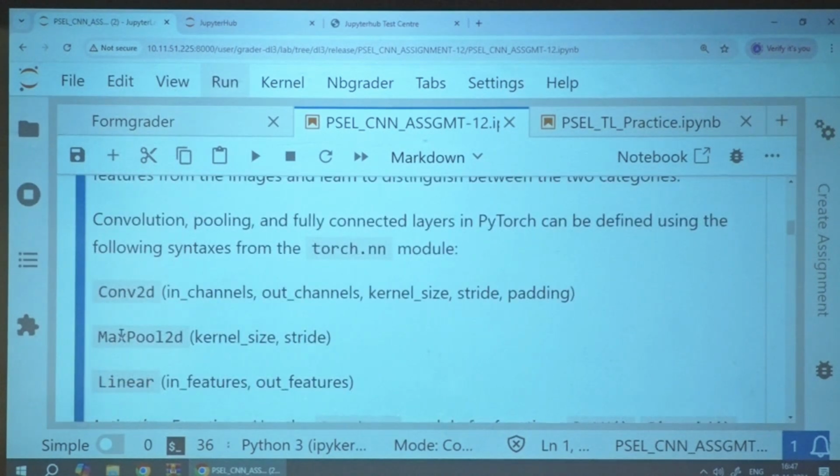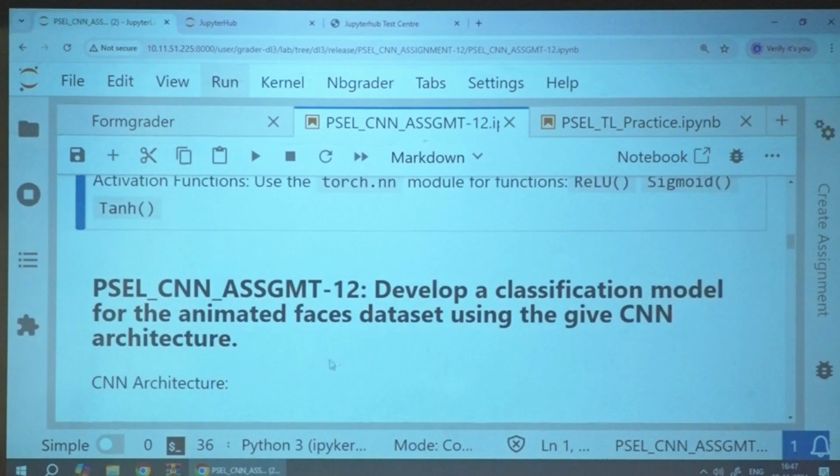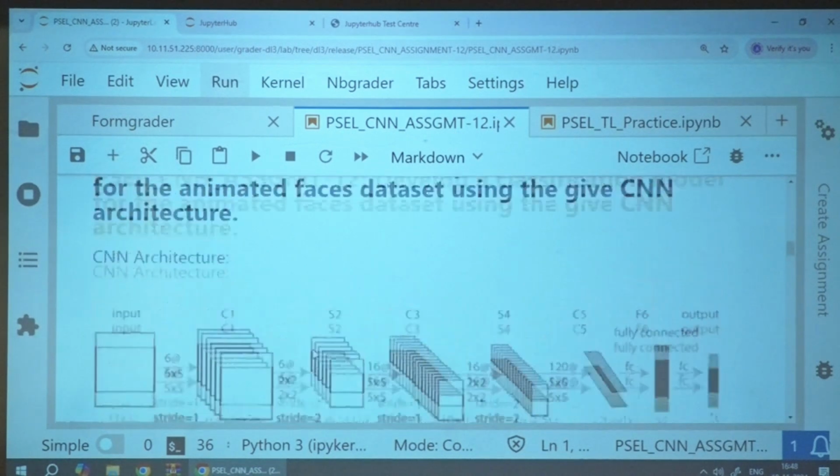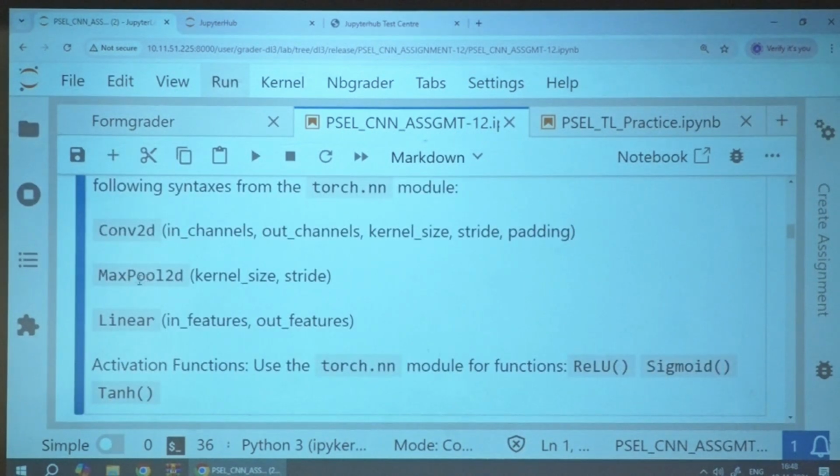Next is the max pooling. Max pooling is the same strategy, right? Max pooling of window size 2 by 2 and stride is 2 by 2, fixed, nothing is changed. So one time you need to define the max pooling layer. You define max pool with this syntax: max pool 2D of kernel size and stride.